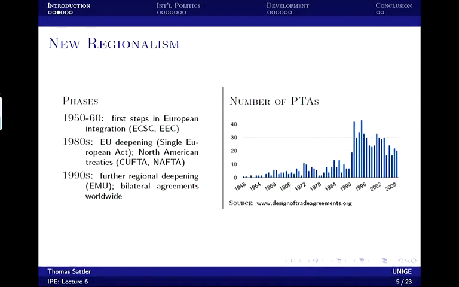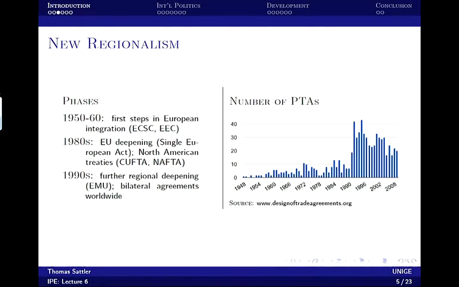And then in 1990, we saw a literal explosion. In the early 1990s, up to 40 new agreements were signed per year. That declined slightly, but we now have a massive amount of preferential trade agreements. And it actually happens that all countries in the World Trade Organization are members of at least one such preferential trade agreement, except Mongolia. Right? All the other countries have signed such agreements.